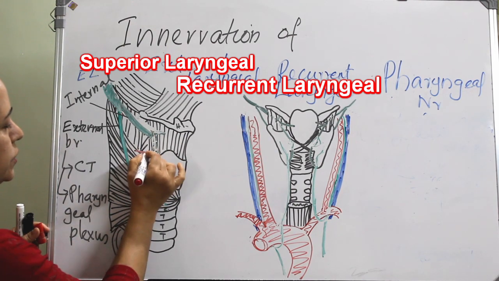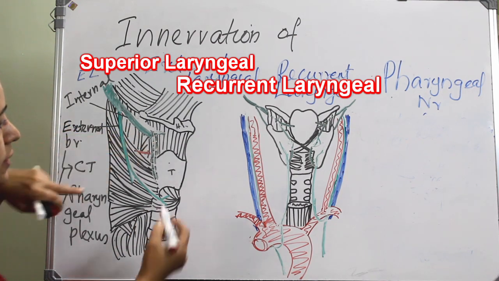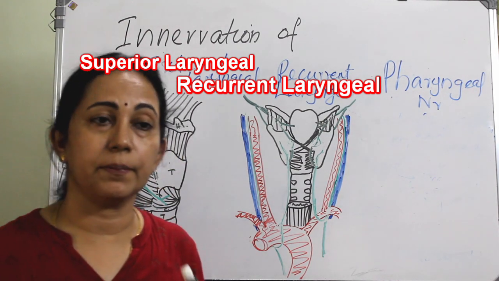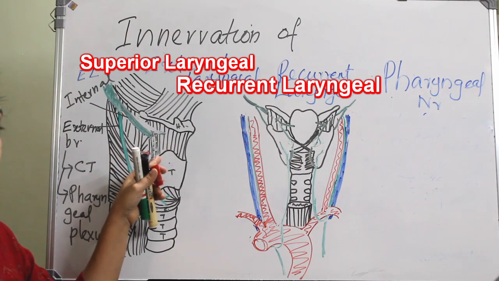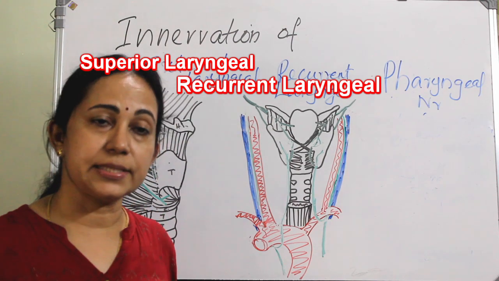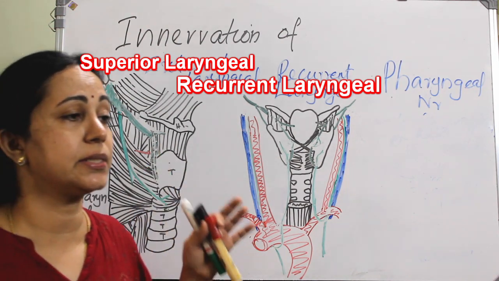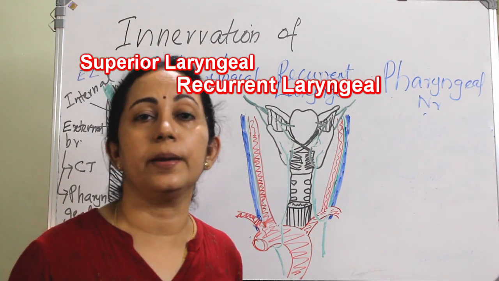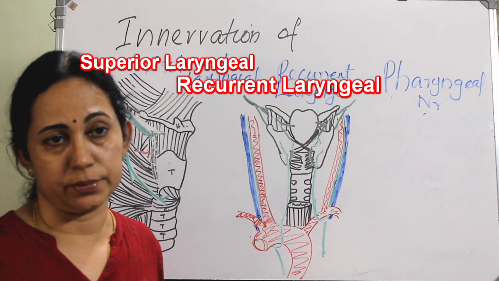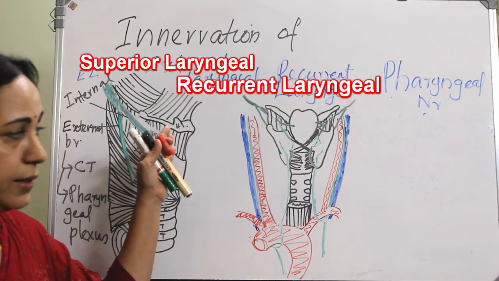Okay. So actually this internal branch of external laryngeal nerve pierces the thyrohyoid membrane above the level of superior laryngeal artery. There are variations, but commonly it pierces the thyrohyoid membrane above the level of superior laryngeal artery, and it is basically sensory as well as secretomotor. It carries sensory fibers and also parasympathetic secretomotor fibers to supraepiglottic or mucous glands above the level of vocal folds. Clear? So, internal branch of external laryngeal nerve